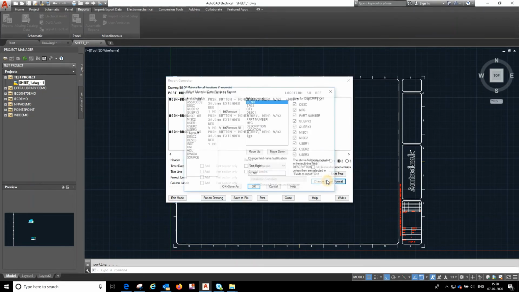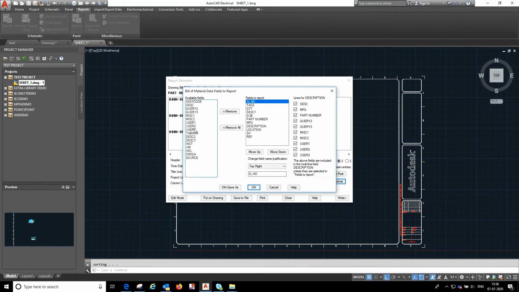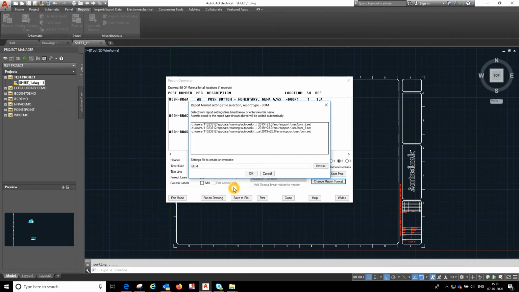If we want to add something here, if you want to add description 2, we can add. If you want description 3, we can add. If you want to change this to item number, it is very much possible. Then you want to change this as the part. This is nothing but the catalog and quantity. This is the description. If you want to make only the description, after that we can save this format for a longer time. You see, OK save.